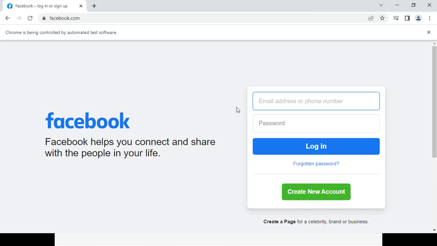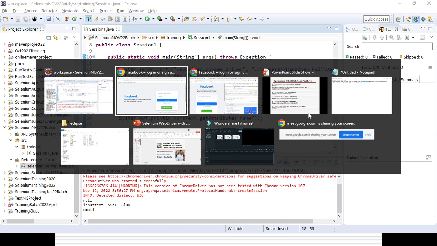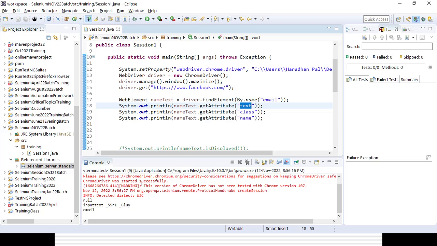So it will not enter anything because we want to check the properties here. So you could see the text, why it is coming as null. There is no attribute called text, so the type is coming as null. In case the attribute is not present, it will definitely come as null, right? The name is coming as email, right? For giving a type, the value will come as text. So these are the different things you can check with the input WebEdit box field.